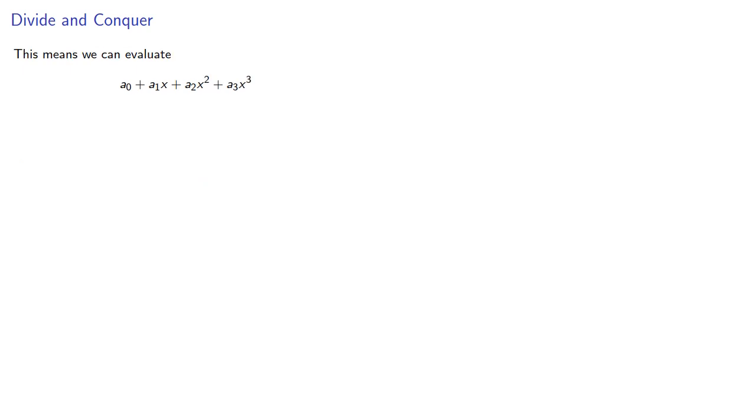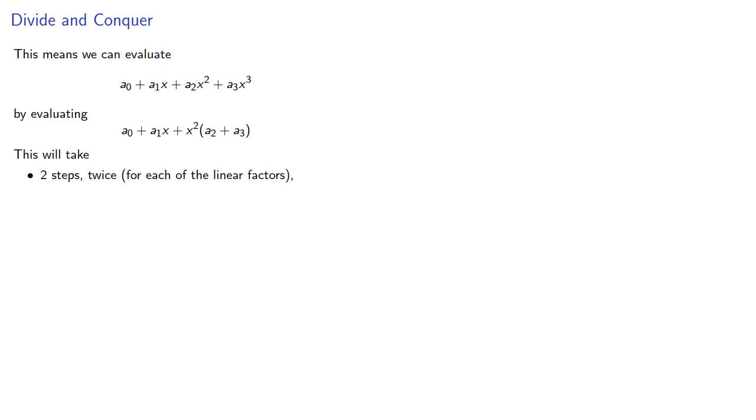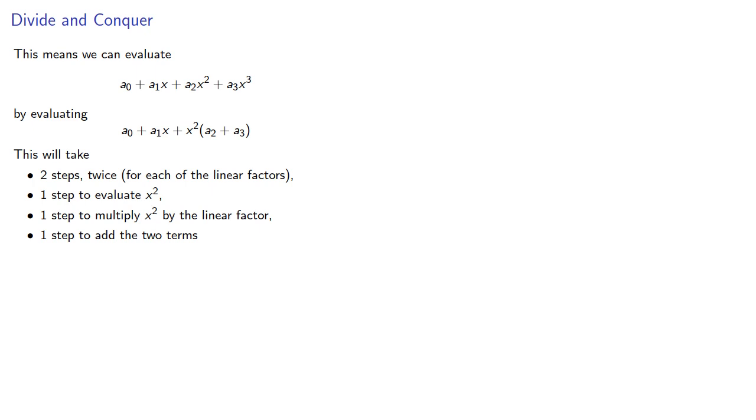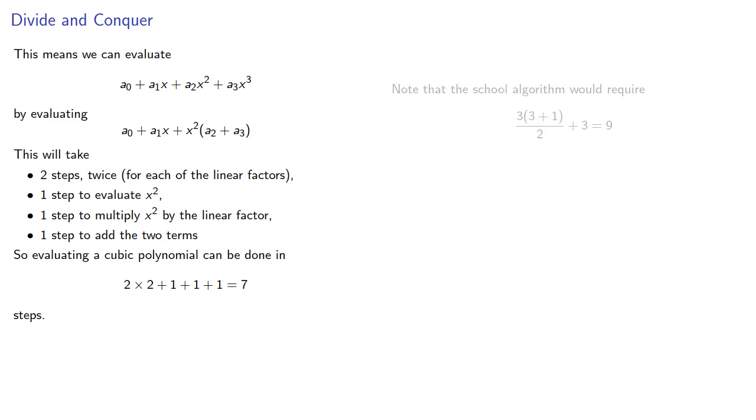This means we can evaluate our cubic polynomial by evaluating a linear polynomial, and then multiplying it by x squared. And so this will take 2 steps, twice for each of the linear factors. 1 step to evaluate x squared, 1 step to multiply x squared by the linear factor, and 1 step to add the 2 terms. So evaluating a cubic polynomial can be done in 7 steps. Note that the school algorithm would require,